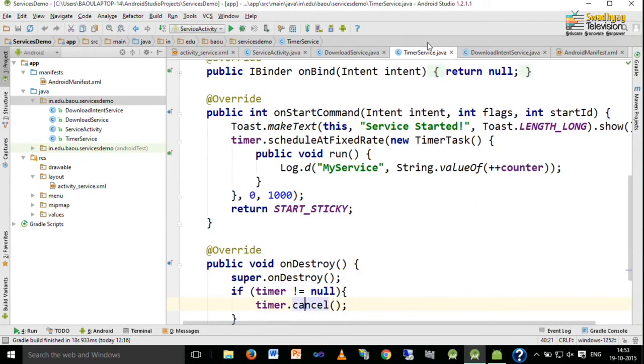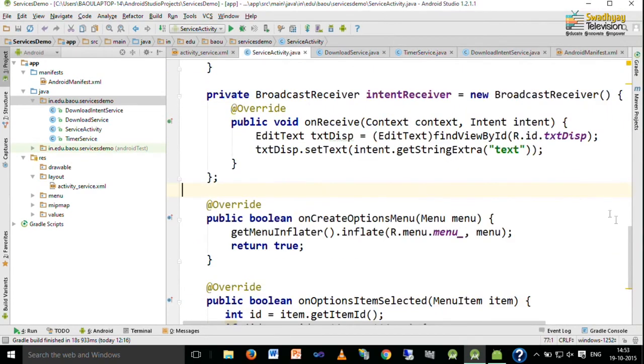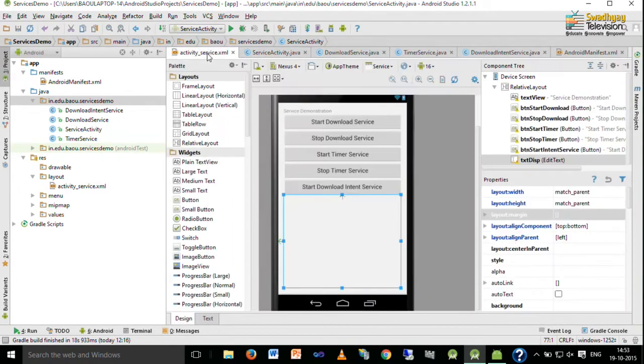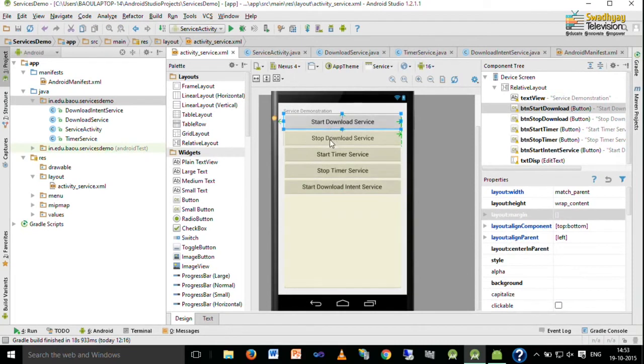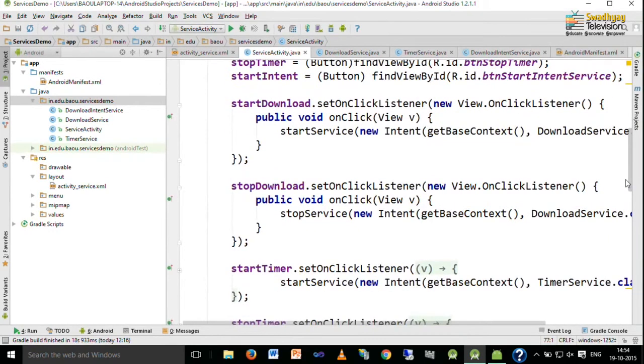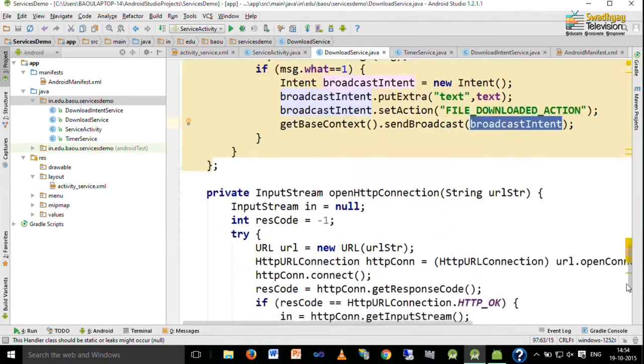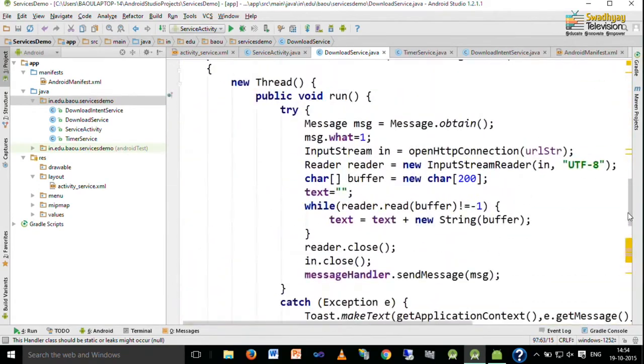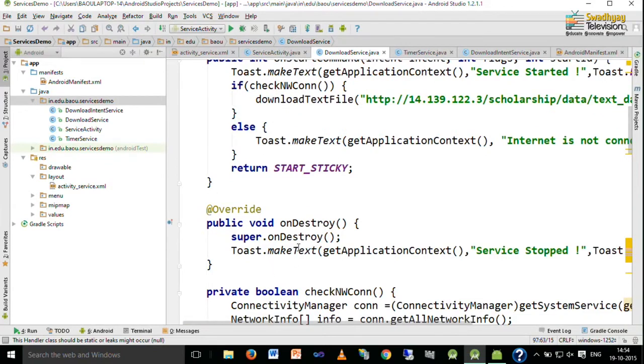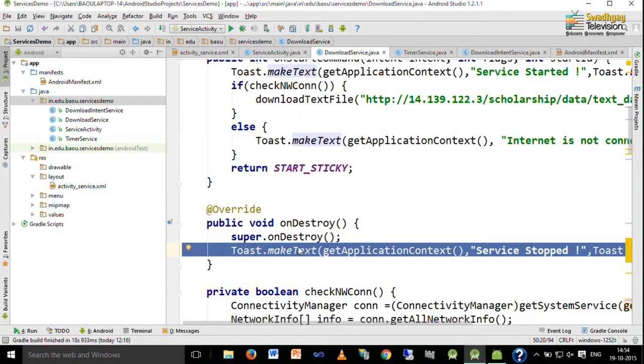So, when you press the first button it starts the download service, when you press the third button it starts the timer service, when you press the second button it stops the download service, and when you press the fourth button it stops the timer service, because here we write stop service, and inside the download service in on destroy we write service is stop. So, when you press that button, a toast message is displayed, service stop.